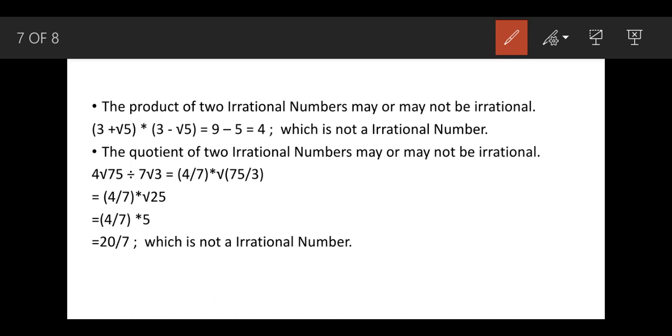So 4 by 7 multiplied by root 25. How? This root 75 upon root 3